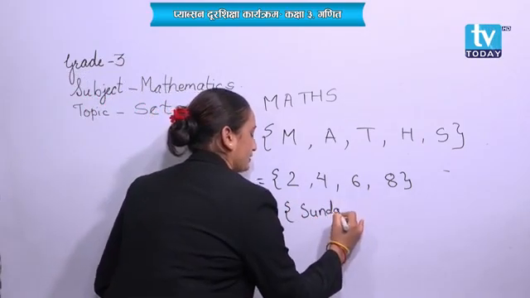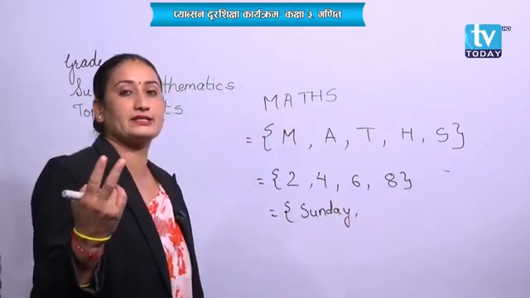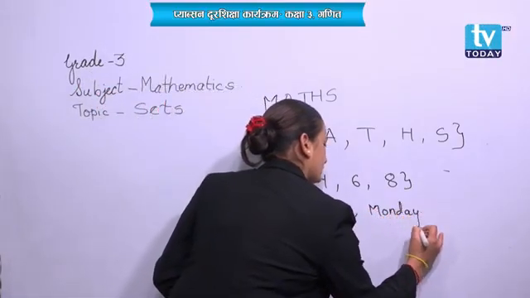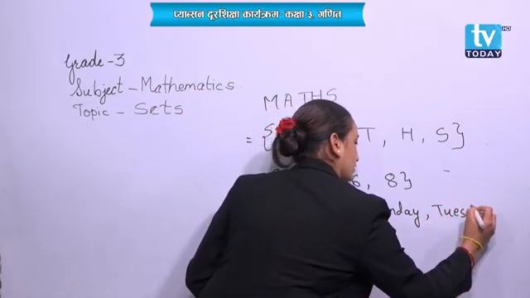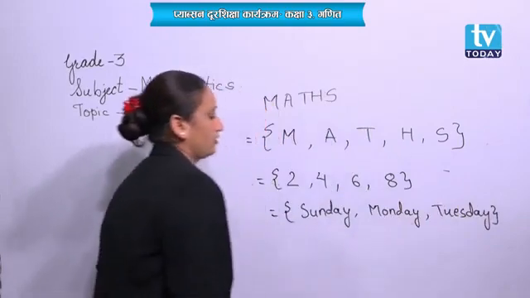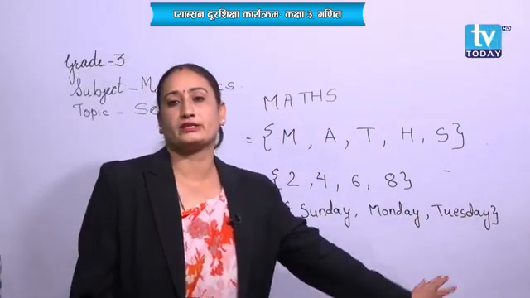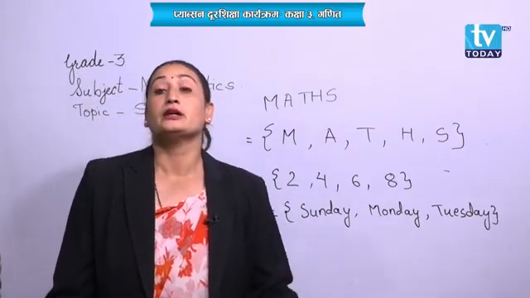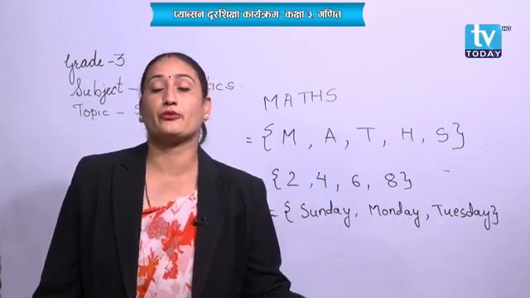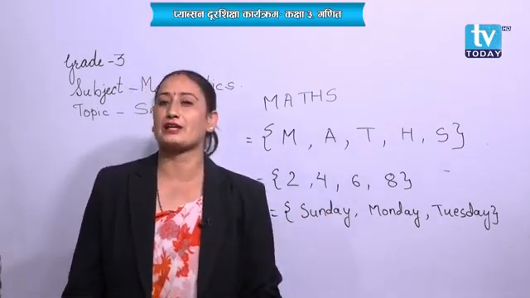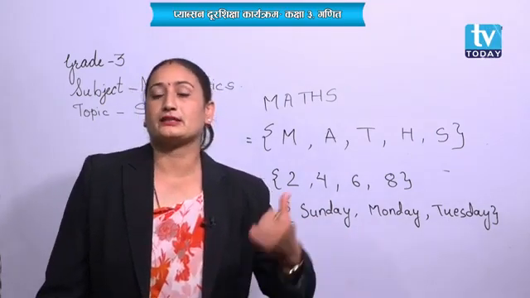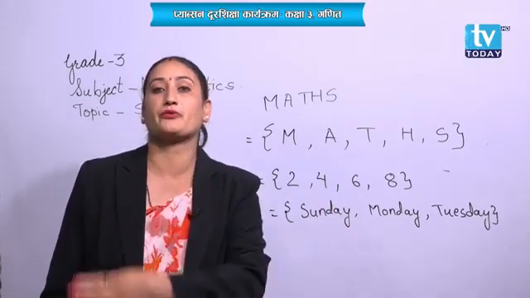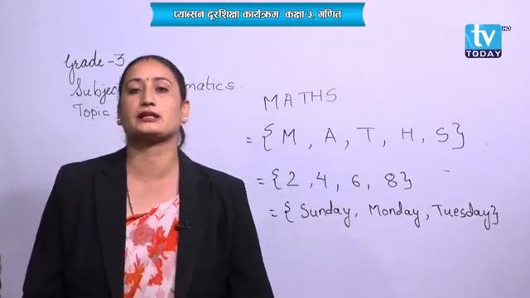Sunday. It's only mentioned for 3 days of a week. Okay. Sunday, Monday, Tuesday. Okay. These are the first 3 days of a week. Or whichever you like most, you can write it over there. The set of 3 days of a week. If it is said this way, you can write any 3 days, okay? If it is said the set of the first 3 days of a week, first 3 days of a week means Sunday, Monday and Tuesday. You have to write like this.